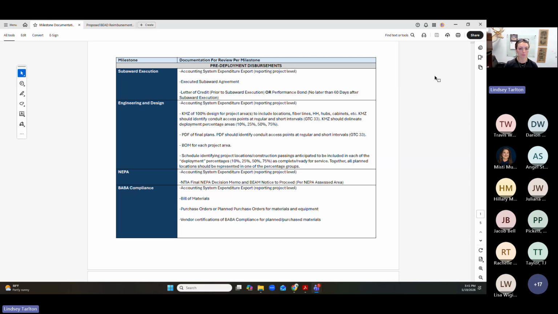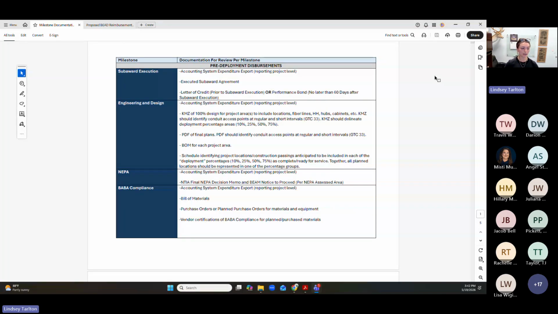The second one is the BEAM office will actually initiate from the state a notice to proceed. That will follow. Of course, you guys are aware that there's an 811 meeting requirement to have that meeting prior to construction beginning. So once we get all consensuses from other state agencies and permitting agencies and everything, BEAM will be able to initiate a notice to proceed that will release you guys to begin post or deployment actual activities for construction. So those are simple documentation wise of what's needed.